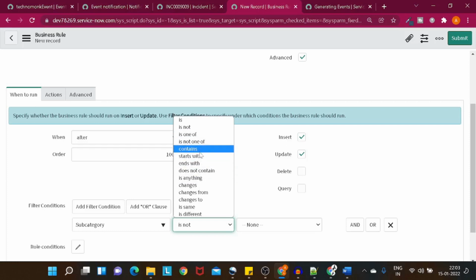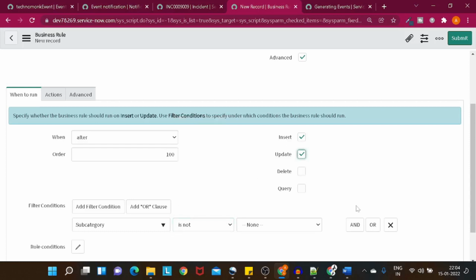Oh, where is this? This is strange. I'm not getting anywhere. Okay, by default it has some value. I think by default it's none. That's why it's not giving that value. So we will not give this condition, and we give subcategory